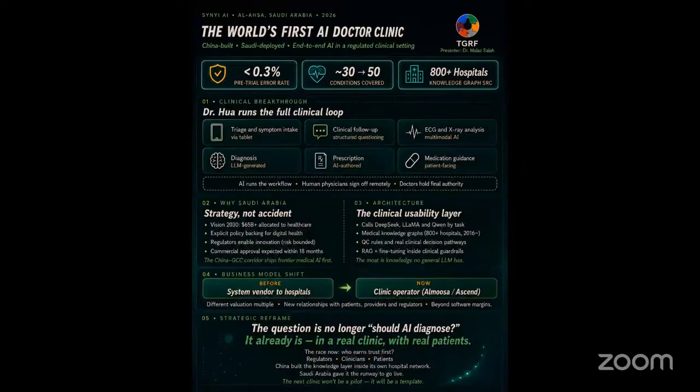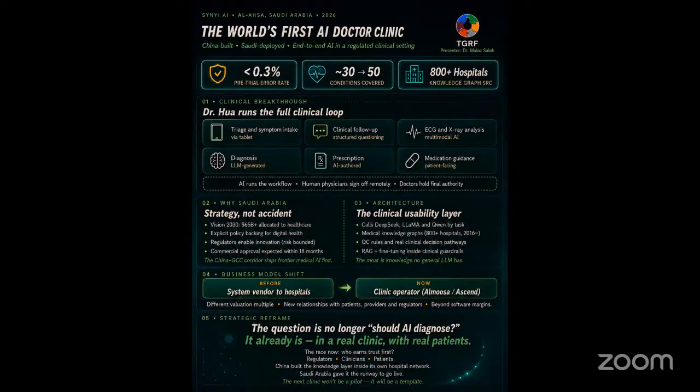So instead of depending on one model to do everything, the system may use the most suitable models depending on the clinical tasks. But the real strength is not only in the models themselves. The book highlights that Dr. Cine built medical knowledge graphs from more than 800 Chinese hospitals since 2016. A medical knowledge graph can be understood as a structured map of medical relationships, symptoms, diseases, tests, treatments, risks, and clinical pathways connected together. This gives the AI a medical structure to work within, instead of only generating answers from